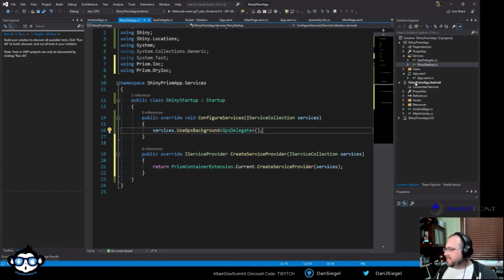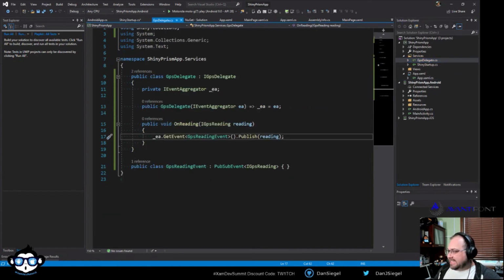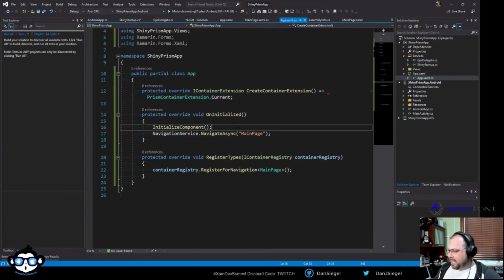And because I have this right here, my container is now being used by Prism. So everything that I register in here is going to be in that same exact container, and it's going to be accessible from everywhere. So when I come into this GPS delegate, for instance, it's going to be able to resolve IEventAggregator. Okay. And so I believe the only other thing I really need to do here